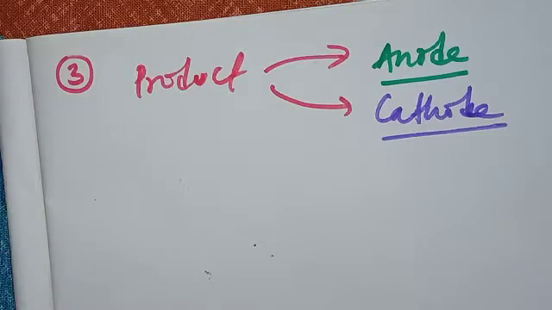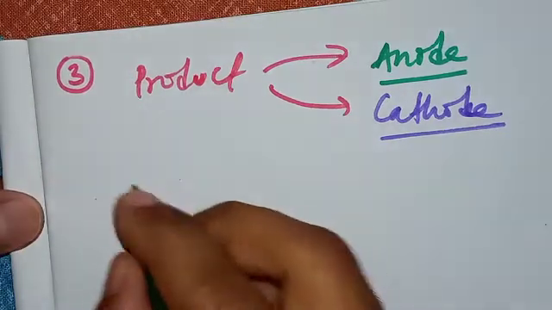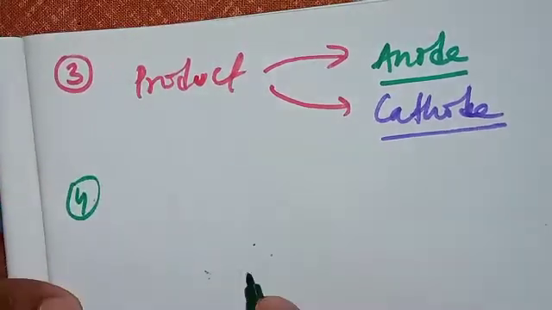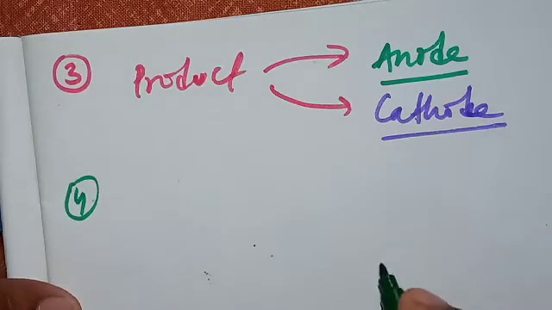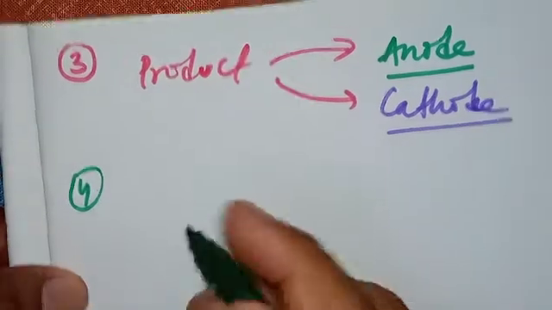The fourth characteristic of electrolysis is that only hydrogen gas and metals are liberated at the cathode and hence are called electropositive elements. Very simple. Why? Because